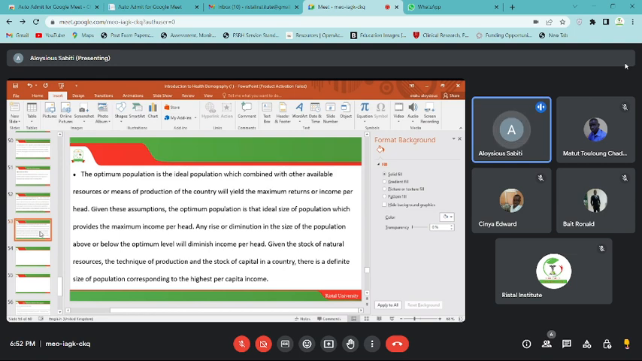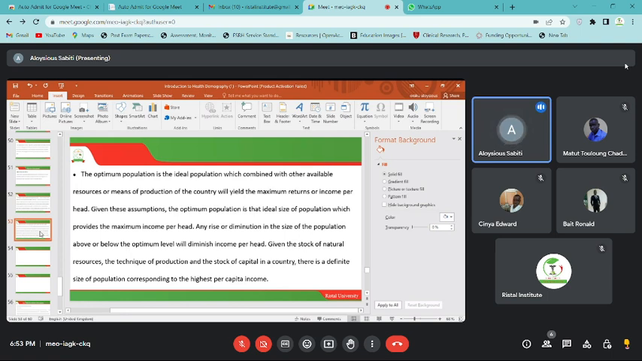Why? Because the optimum population is the ideal population which, combined with other available resources or means of production of a country, will yield the maximum returns or income per capita. The optimum theory is looking at which size of the population can utilize these resources. So if you had resources for about 20 people, the optimum theory expects that because of your resources, you should be able to reach an optimum of 20 people in order for you to utilize these resources. So in areas where there are more resources, there will be more people. In areas where there are fewer resources, there shall be a lower